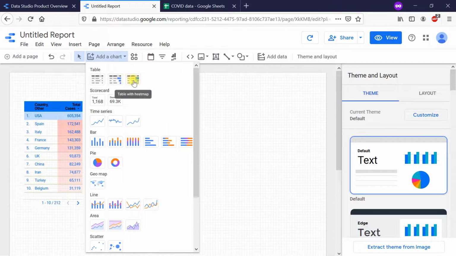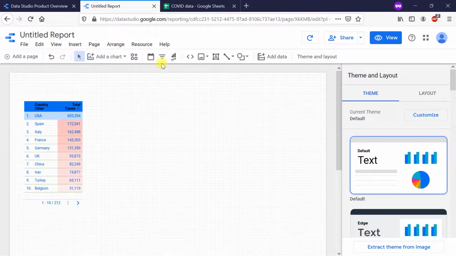And the third type of chart is a table with a heat map, and this is the same thing that we get when we choose to get a heat map in place of numbers. So even if you select any of these initially, you can change the type by choosing how to show the metric in the styling tab.